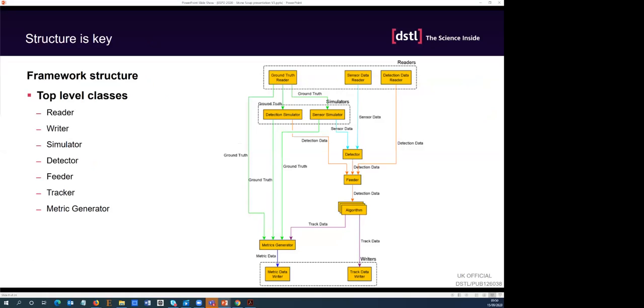So these are the sort of key top level classes that we put in the beta release of Stone Soup. So we're talking about readers, which are able to read from a data file or a data stream. So these are classes that are dedicated to that. Writers, which do the opposite, which write out the output, and then inside the body of the software, there are simulators which allow us to simulate if we don't have the real data, and then detectors which act like the actual sensor, and those feed data, detection data, into the main algorithm class,